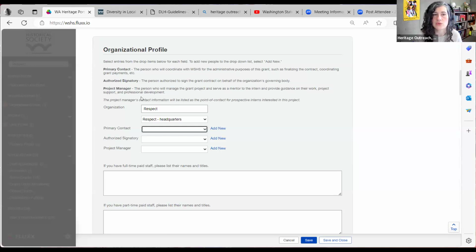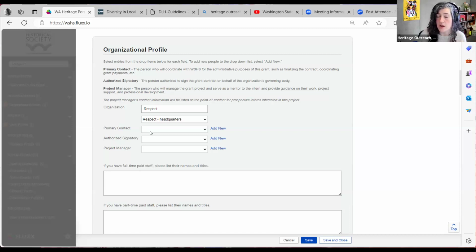There's the person who's going to be coordinating with us, with me, for administrative purposes for the grant. That would be on finalizing a contract, coordinating grant payments. There's also a field to enter the individual who will be the authorized signatory. This could be the same individual, but often they're different people in an organization. And this is the person who's authorized to sign the grant contract on behalf of the organization's governing body.